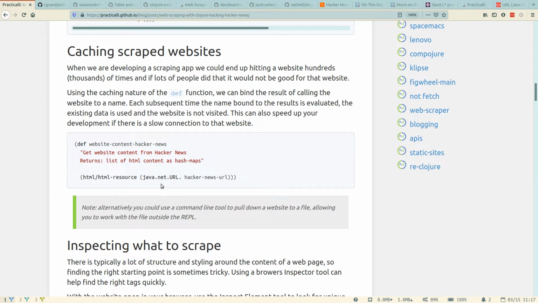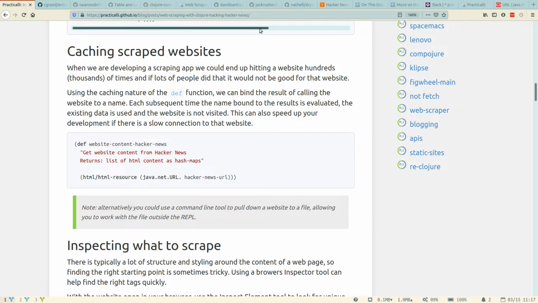But every subsequent time you evaluate that, it will use the existing value, so it caches the result of the first time you call the def. So if you put getting the website into a def, then it's only going to get that website once. Although you can force it by restarting the REPL, or I think you should be able to update it by reevaluating the def as well. But that certainly helps to minimize the